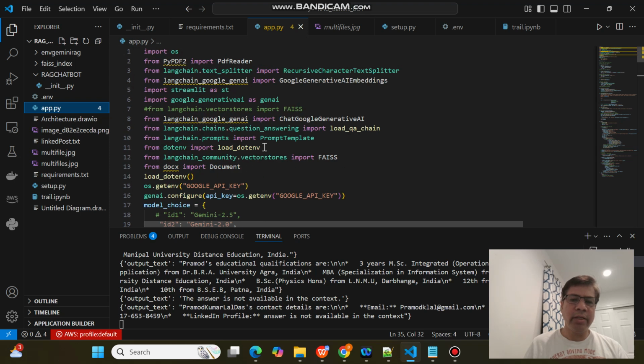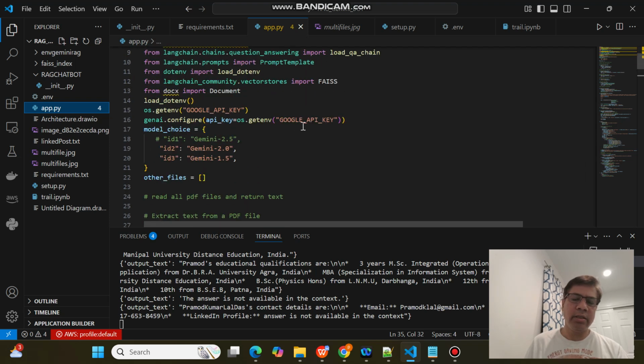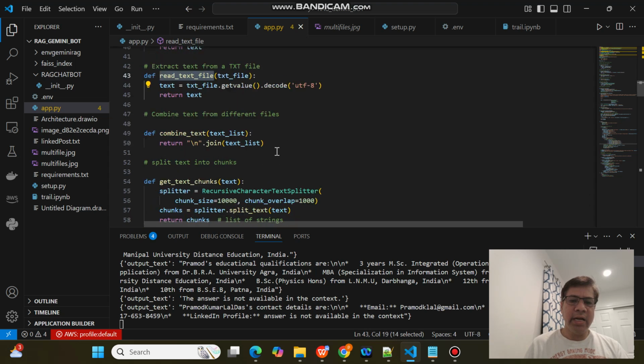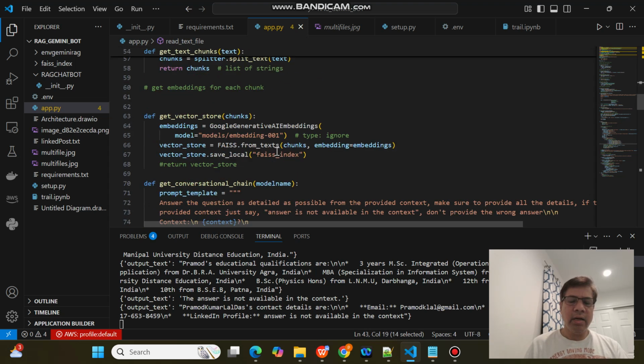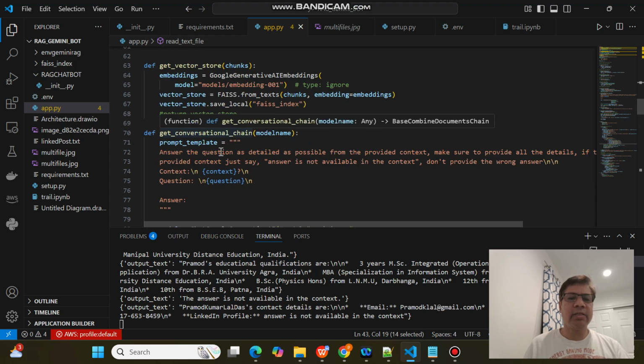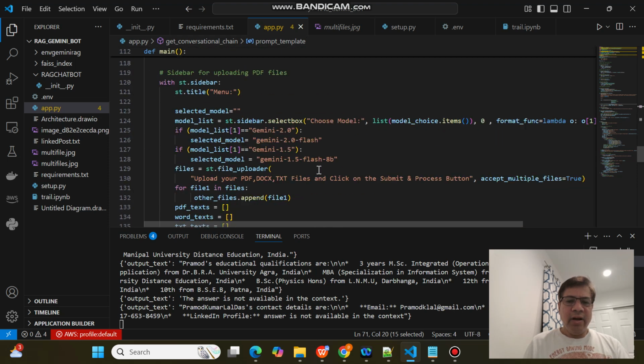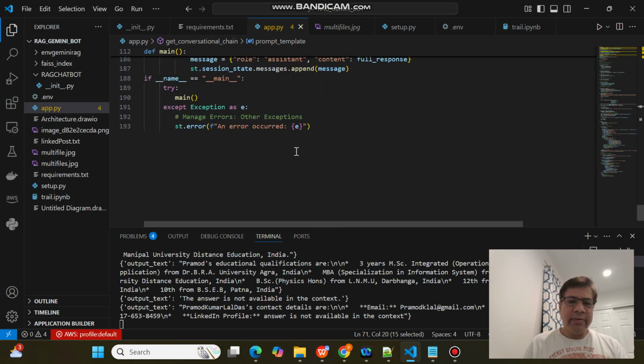So importing the different libraries, importing the Google API, then functions to upload or get data from the PDF, then Word, then TXT, then these are for storing data in the vector store. Then this is the conversational chain where the prompt instruction is there. As of now, we can see this is a basic chatbot, and the basic chatbot has a number of lines of code around 200,